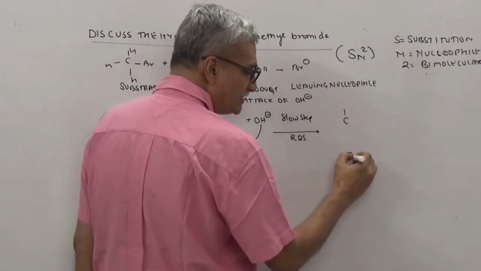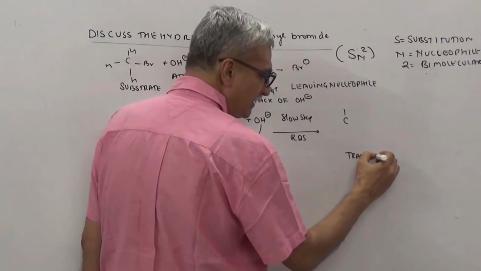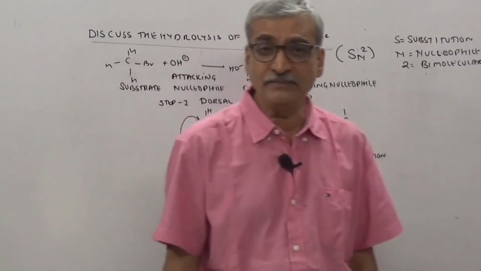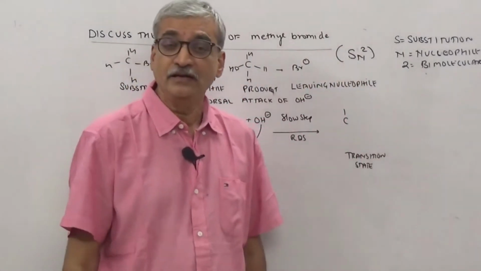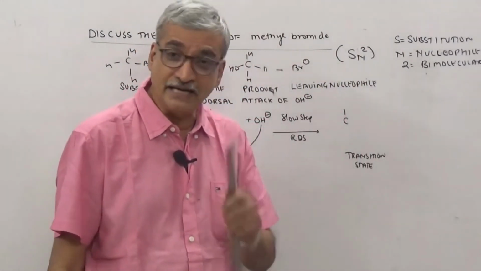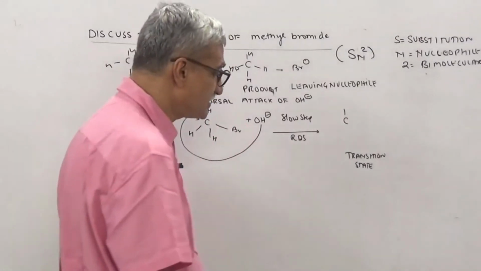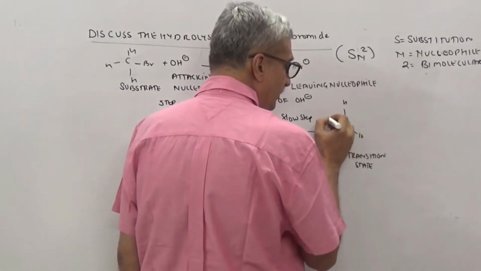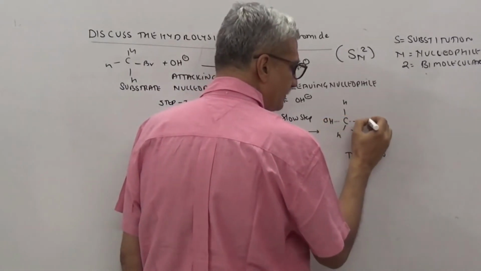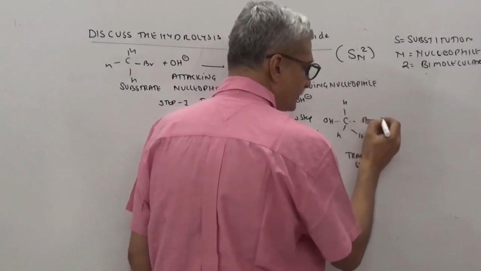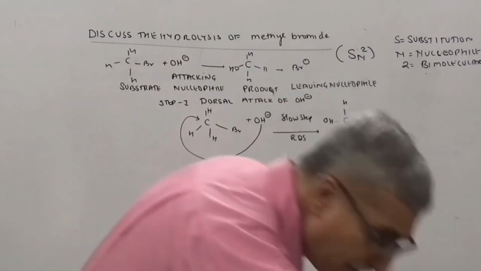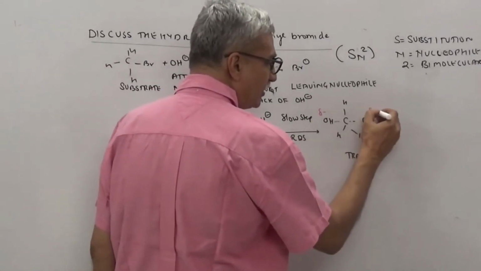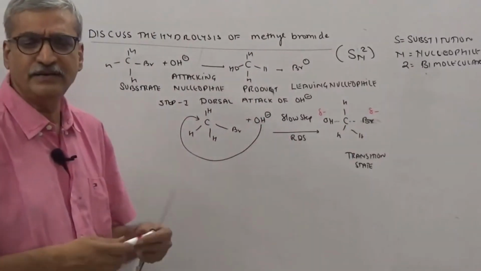Now here we get a transition state. So this will be an entrance exam question. In SN1 the intermediate is a carbocation, but in SN2 it is not. Naturally, in SN2 we will not say carbocation. In SN2 it is a transition state. So what is going to happen? You will get a situation where you have OH minus as well as Br minus, and your negative charge is now distributed over both OH minus and Br minus.